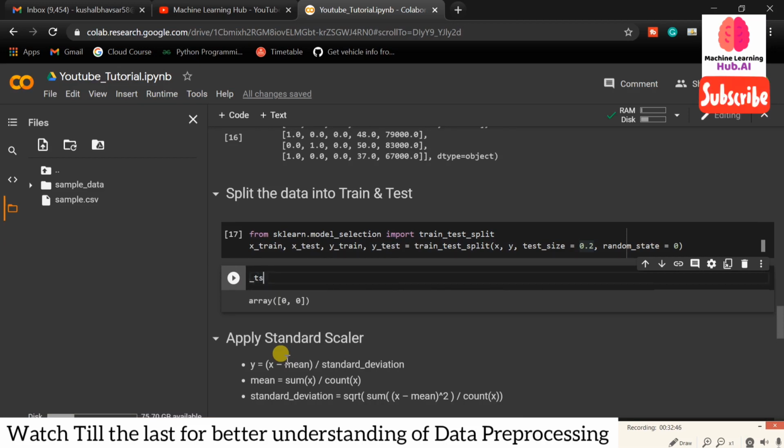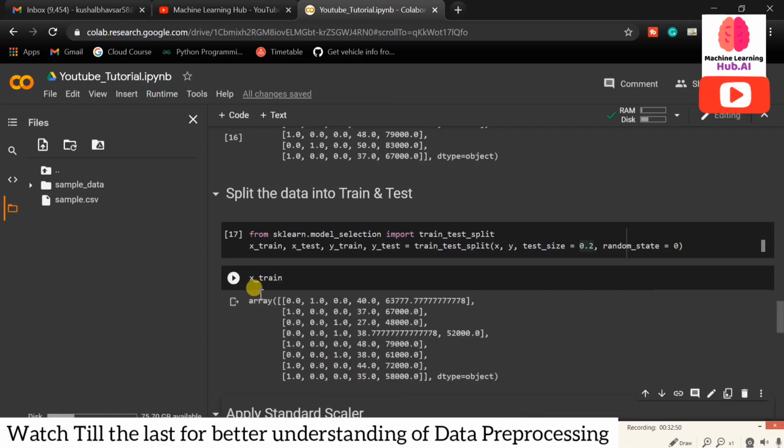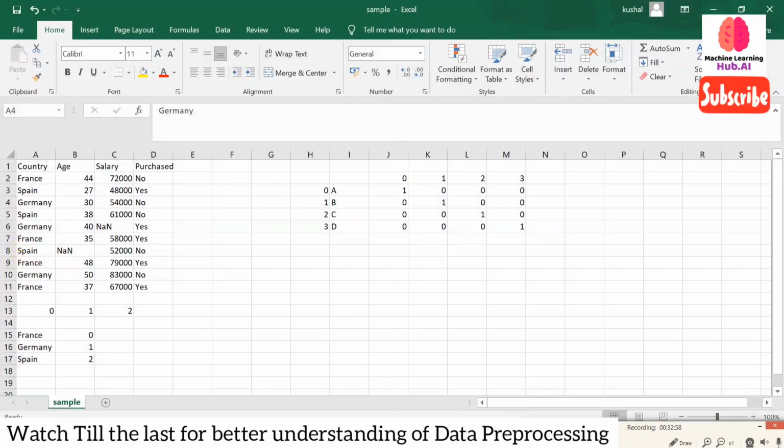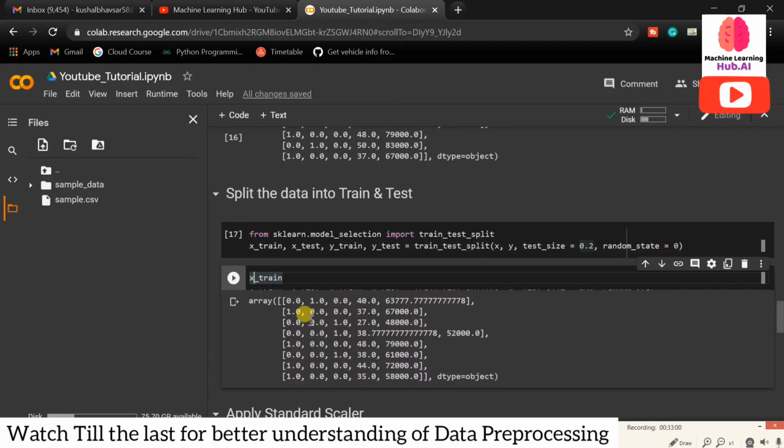Now check y_train and x_train. This is our training data. We can see how many columns there are: 3, 4, 5, 6. Okay, so this is the 80%. There are only 8 rows available out of 10 because we have split only 80% of the data into training. Now let's check y, where there should be 2 rows.